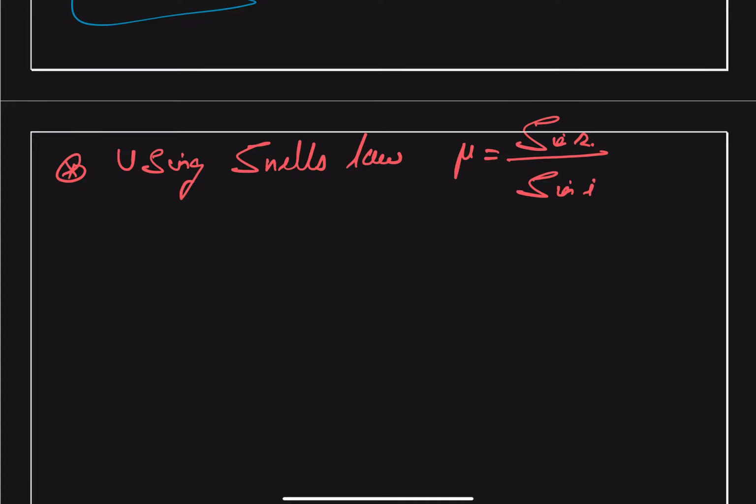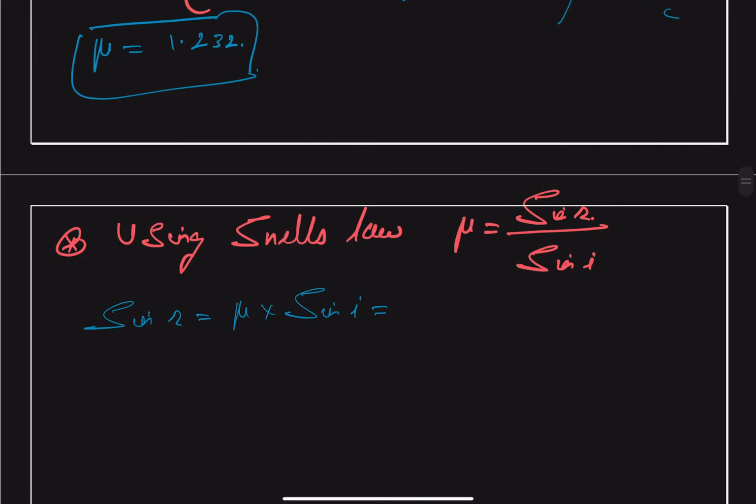So we can write that sine of R is equal to mu times sine of I, not theta. I and theta are the same in this case, so we get this as mu, which we just found out is 1.232, multiplied by 0.8, and this gives us